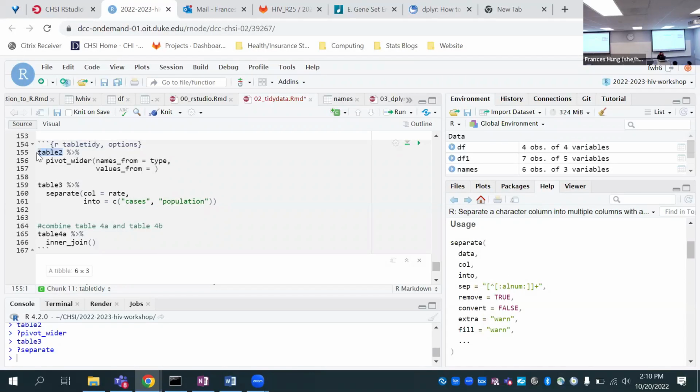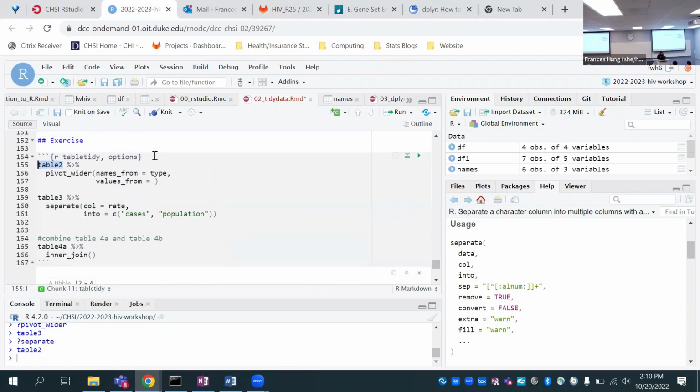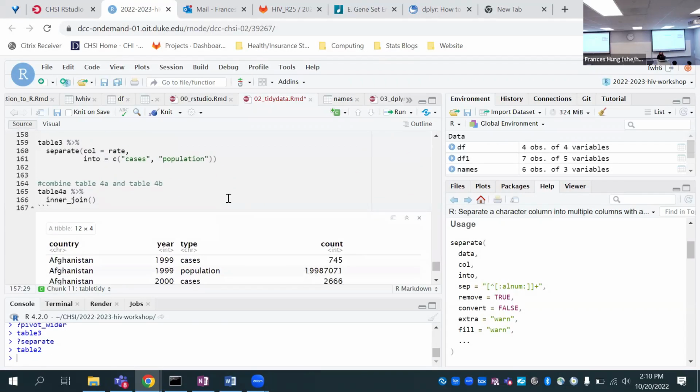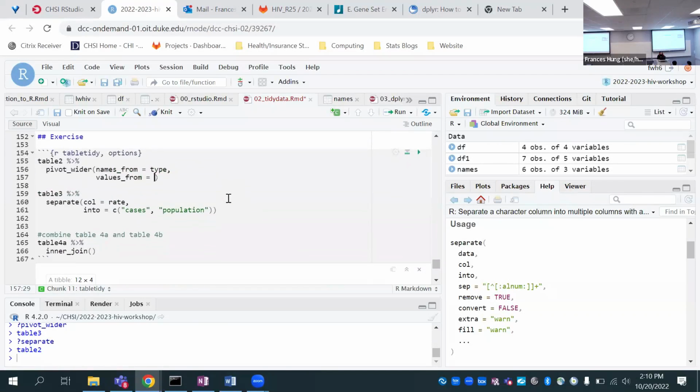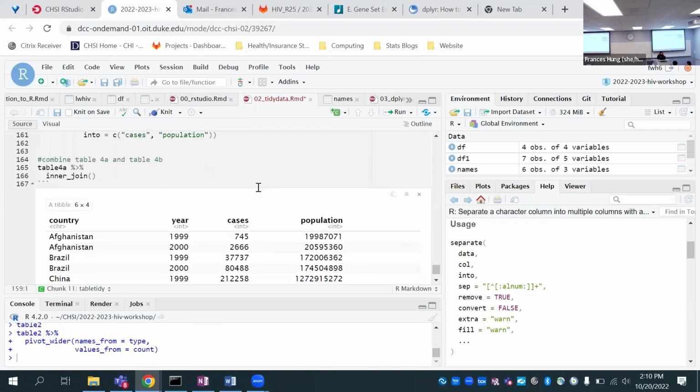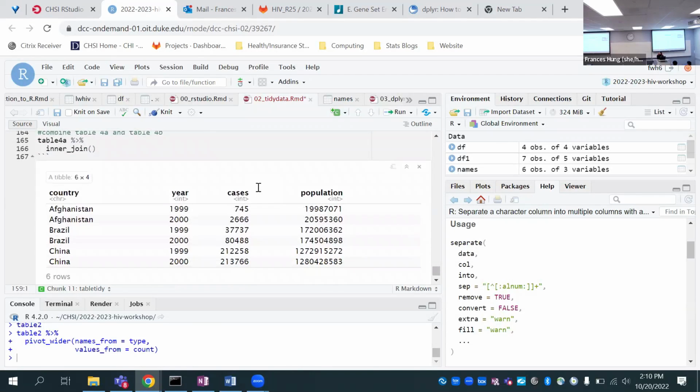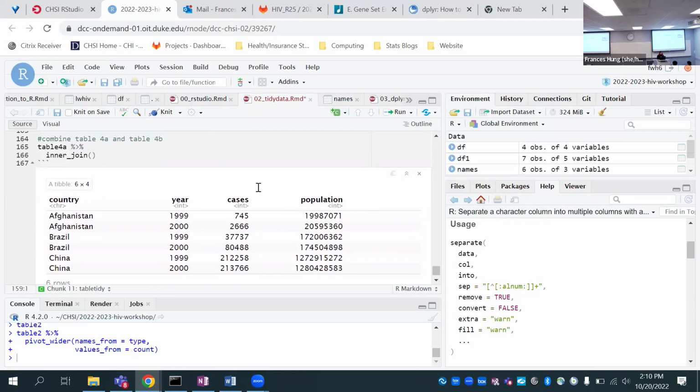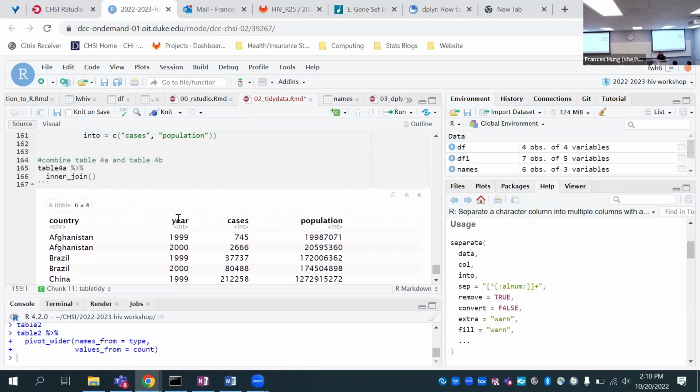How about values? Count. Yeah, okay, great, that's perfect. So we now have 4 columns: country, year, cases, and population.